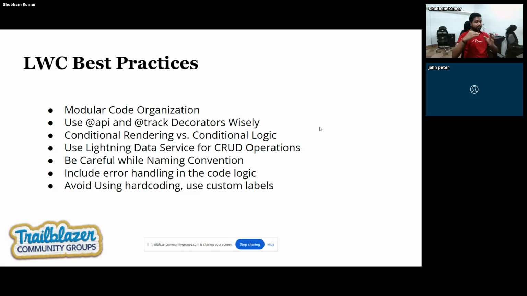So we need to always follow the best practices, and this is the way we can create more robust applications over the Salesforce platform. As we all know, Salesforce maintains our security and review processes, so we need to follow the best practices. The first one is modular code organization. Okay, so modular code organization is something